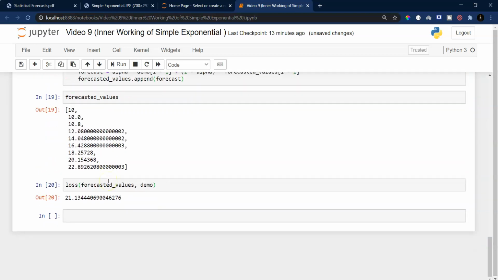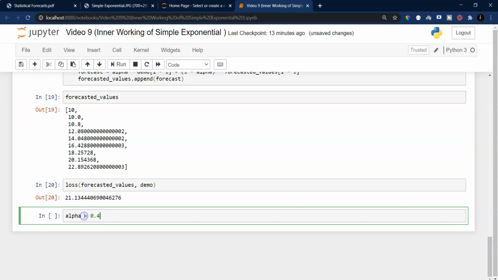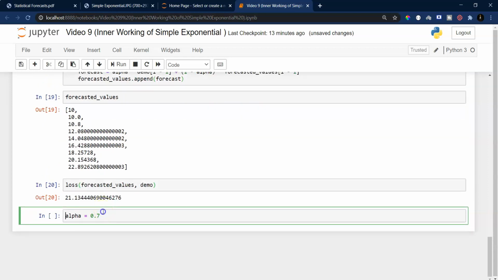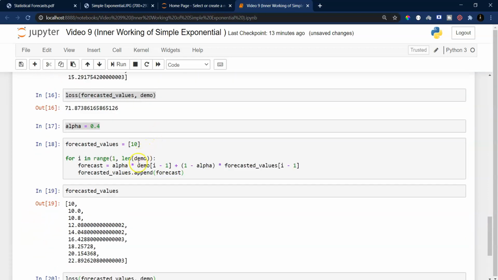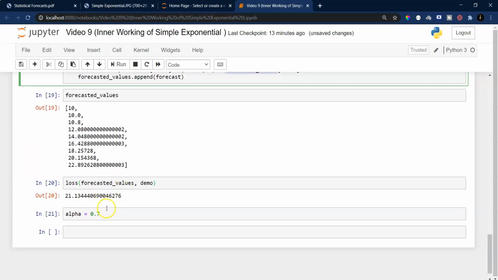So let me now try one more time, and this will be the last time. I'll say alpha as 0.7, but don't you think the alpha of 0.7 will be just same as, no, I don't think. Yeah, so let me run this. I thought these values are equal. So what I was trying to say is that since we are multiplying this by alpha, this by 1 minus alpha, if I'm taking 0.7, then this will become 0.3, this will become 0.7. But since these values are different, demo and forecasted values are different, that is why this result is going to be different. I thought otherwise.